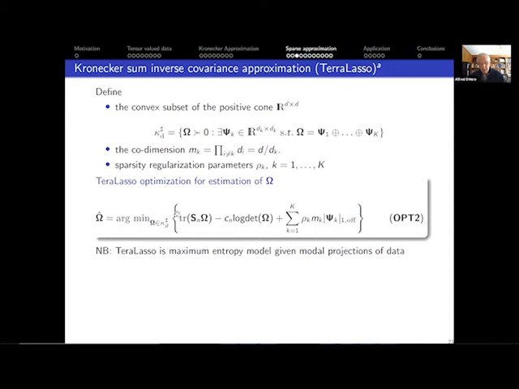We have the same objective function, omega, but omega is now restricted to lie in this cone, this positive cone, which is a cone defined by all positive definite matrices that have Kronecker sum representations of some kind for fixed dimensions, right? dk by dk. And then we have an off-diagonal penalty on all of the Kronecker sum factors with a rho k penalization coefficient.